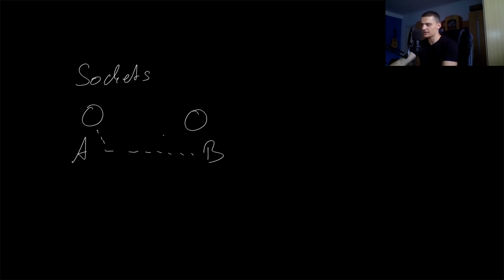So this is a socket and it's communicating with the other socket. It doesn't have to be an internet socket. So we can have a communication that is not based on the internet. So for example, we have sockets for an operating system or on an operating system level. We have sockets that are Bluetooth sockets. So for example, for those of you who have used sockets in Python, we're going to talk about that in a second as well. But when we specify a socket, we always specify like